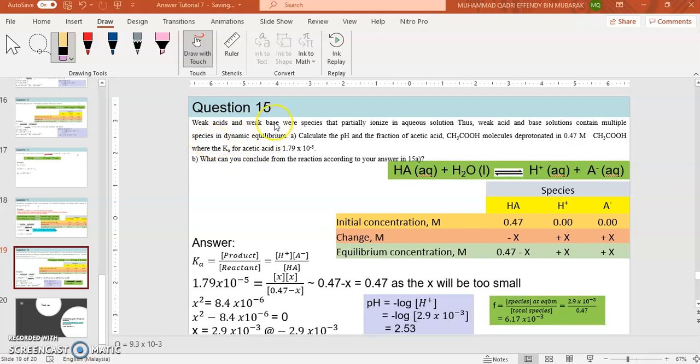Now let's move to the last question. Question 15 is about weak acid and weak base. We'll specify that they are partially ionized in aqueous solution. Thus, weak acid and base solutions contain multiple species in dynamic equilibrium. So what we mean by this statement is